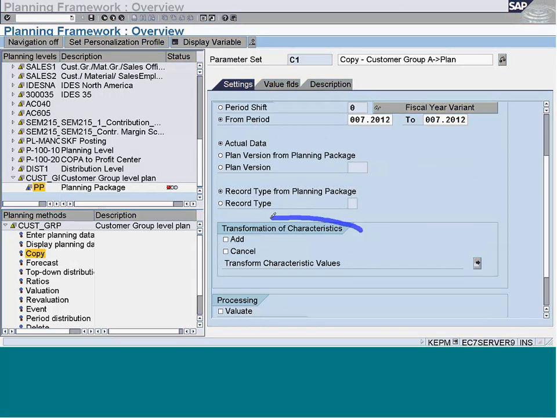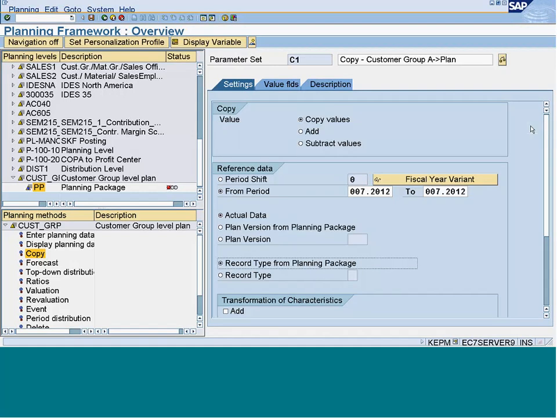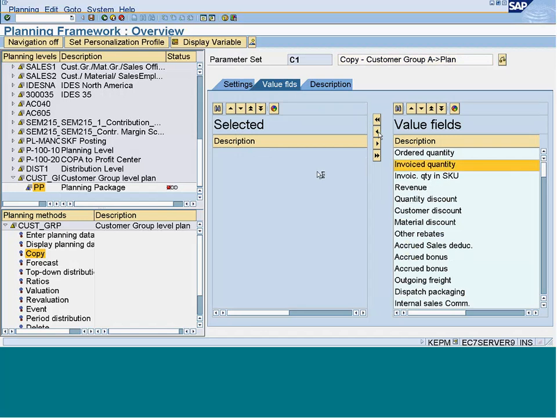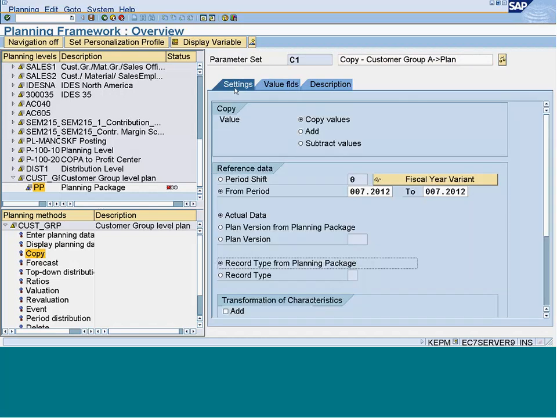It is the transformation of the characteristics. This I will explain in a moment. But right now let's try to understand this particular thing. So I am copying values, so I have to take the value field. What is that value field that you want to copy? I want to copy invoiced quantity. Do you agree on that? Yes, invoiced quantity. So I want to copy invoiced quantity from actual data